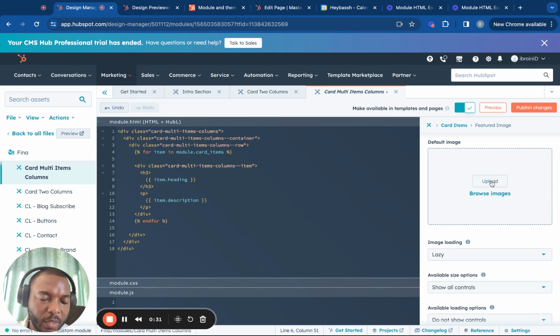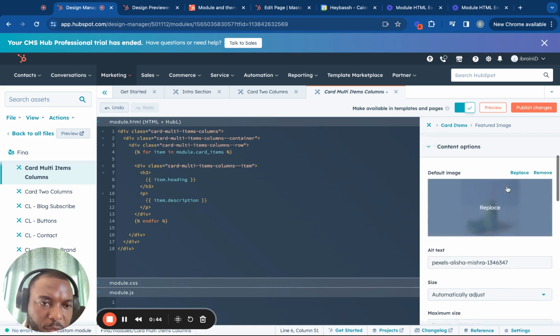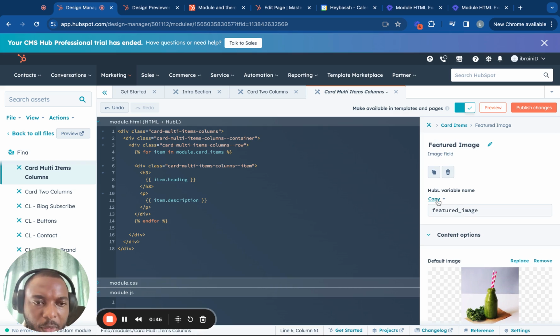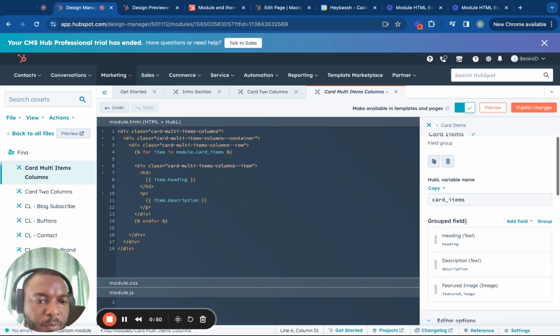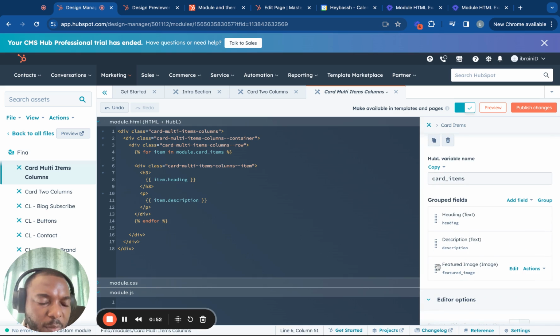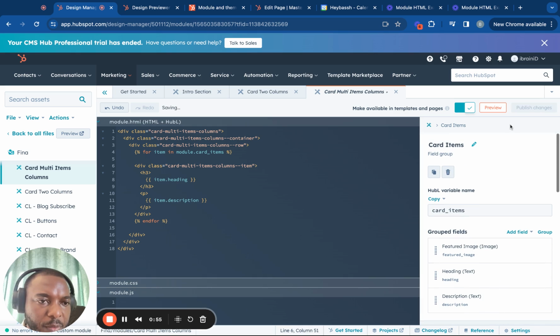Here you can browse images inside the HubSpot File Manager, or you can upload it from your computer. So let's say for instance you add your image there. For us to pull this image here, we have to copy